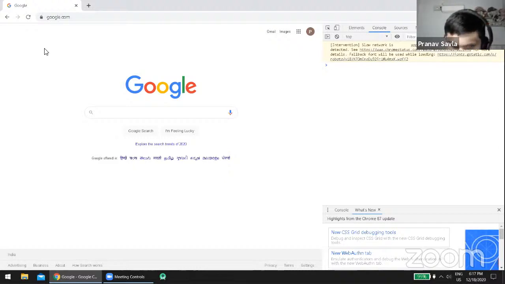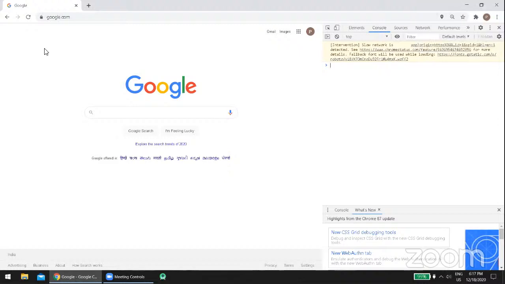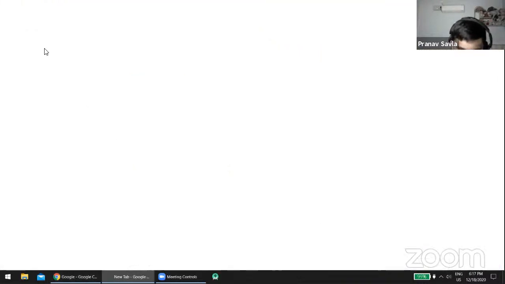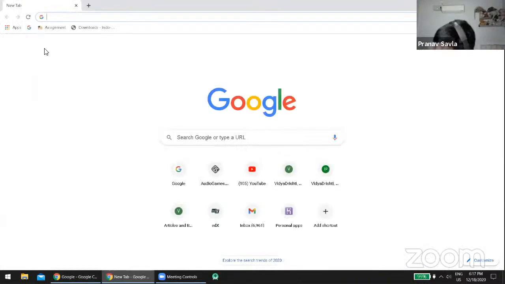JavaScript by default doesn't allow you to make get requests, and we talked about get and post requests in a previous lecture. But the feature has been implemented in most browsers and phones, so you can actually do it. So say I want to get. So I have this link. If I open this link up here in the tab,